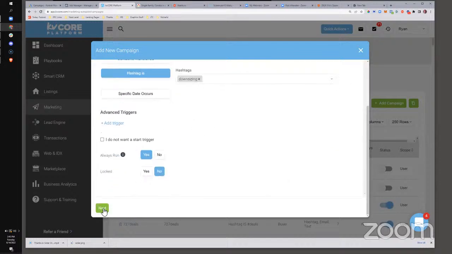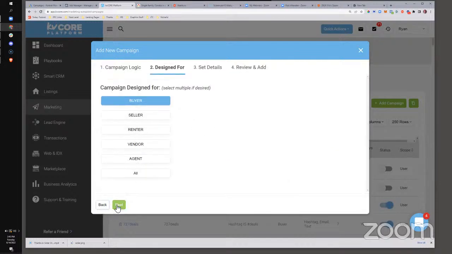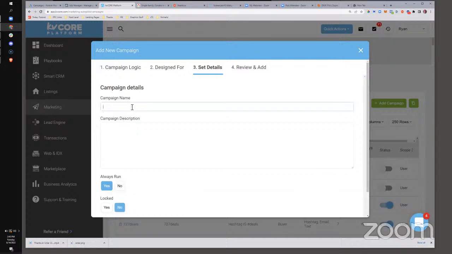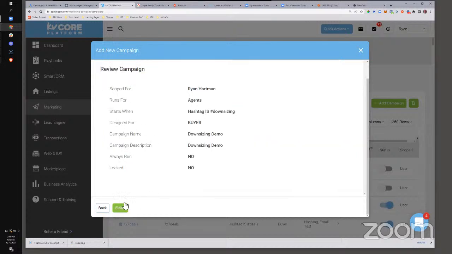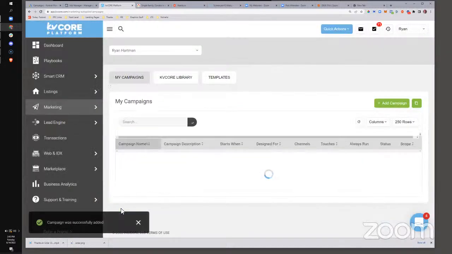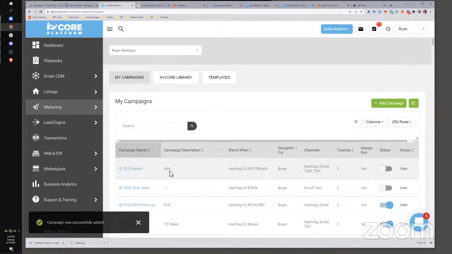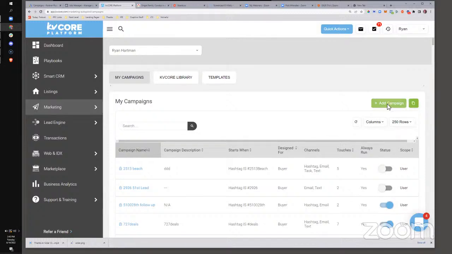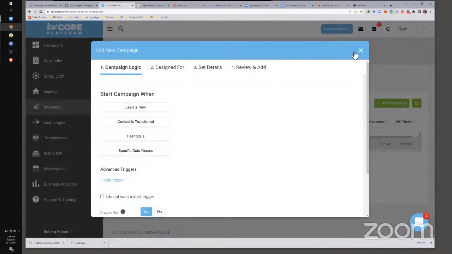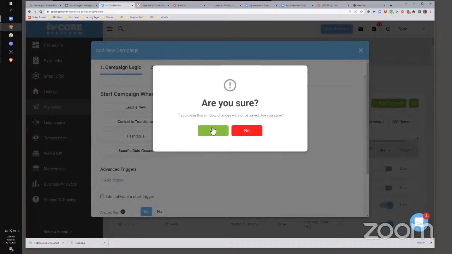So let's just add the hashtag downsizing. But all you need to do to make the campaign, downsizing demo. Yeah, well, fortunately, the campaigns are easier to work with now. So it's not as much of a struggle as it used to be. So if I come to my downsizing campaign,